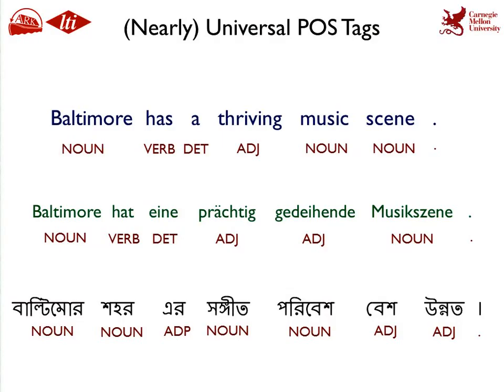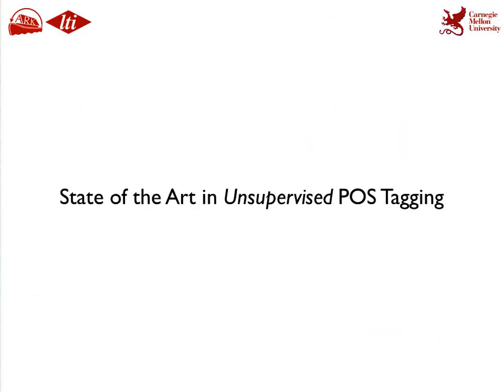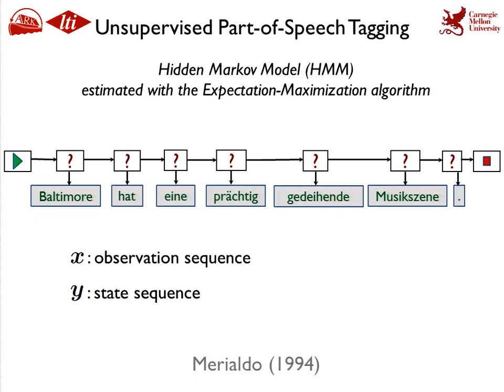Okay? Okay. So before I go on to our exact techniques that we use for part-of-speech induction for new languages, I would review briefly the state of the art in unsupervised POS tagging. So this is a hidden Markov model, which is a very popular model for sequence labeling tasks, and especially for unsupervised learning. So X is an observation sequence, the word sequence in this sentence, and Y is the state sequence, which I refer to as the question marks over here.